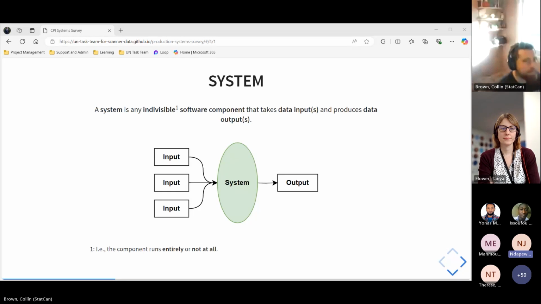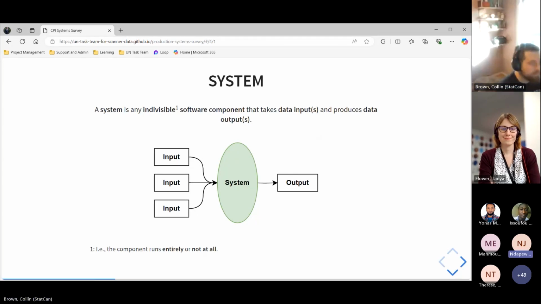because everything we have is in Excel files. Yes, good question. Absolutely. This is not specific to scanner data. Any system you use to calculate your CPI is in scope. So what you described, everything there is in scope. And if it's a series of Excel workbooks, that absolutely counts as a system. So yes, what you described is in scope.